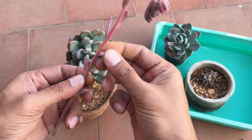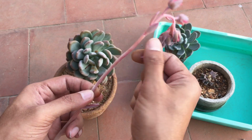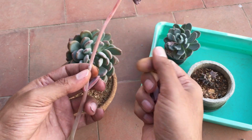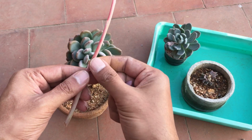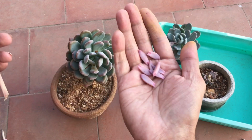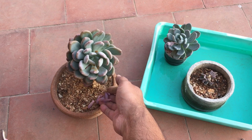Apart from that, you can see these leaves on the stem, these can be propagated. The flower stalk cannot be propagated. It will eventually dry out, because a lot of people tend to put the flower stalk inside the soil thinking that it's going to develop into a plant. This will eventually start to dry out. These leaves have a chance of getting propagated, so for the time being I'm going to keep them over here